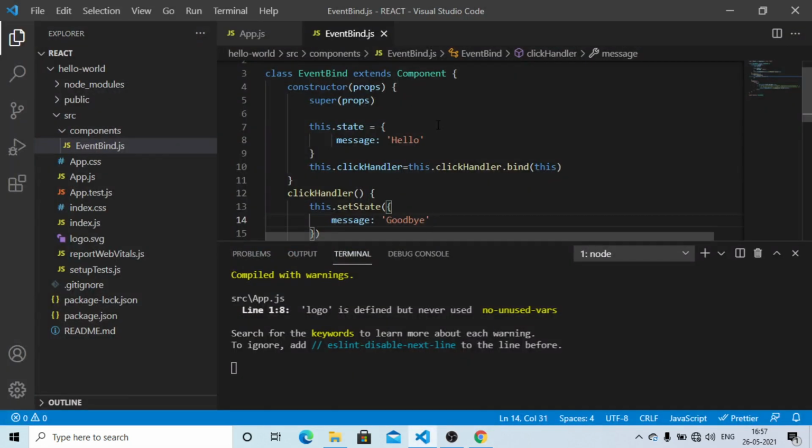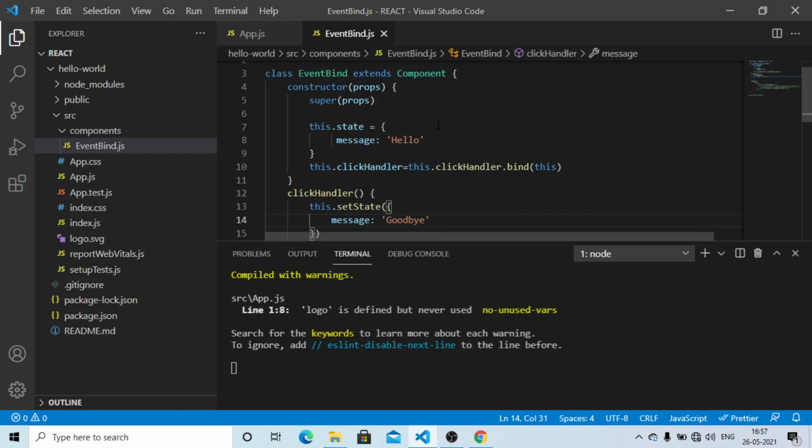So in comparison to the first and second approaches, where we bind the event handlers in the render method, in the third approach we are binding the event handler within the constructor. This is the approach that is being used in the official React documentation and does not have any performance implications. So this is the best approach to bind event handlers, that is within the constructor.